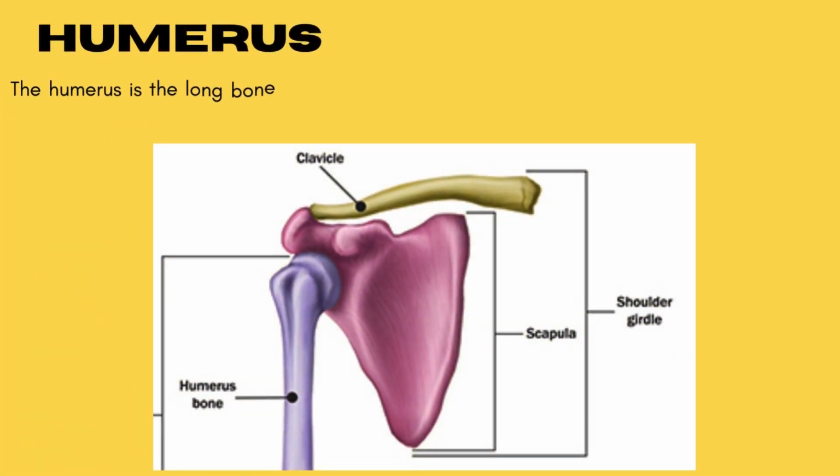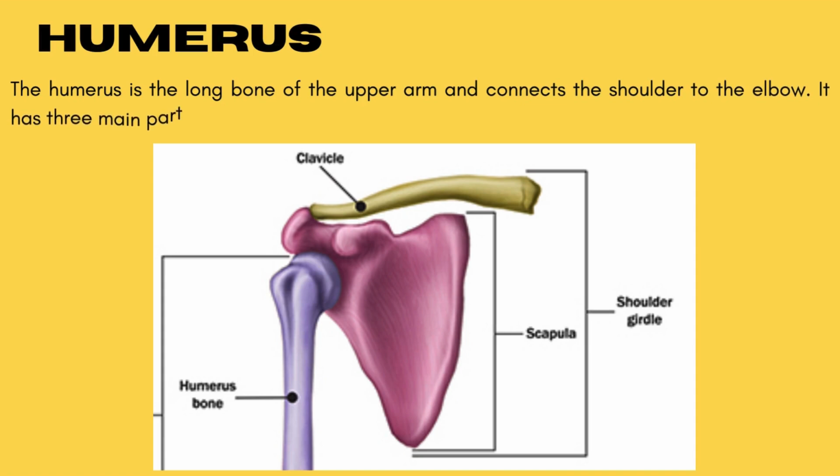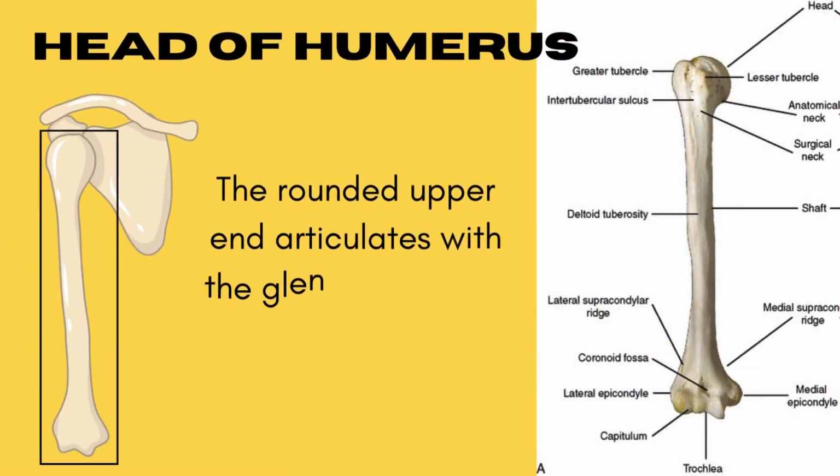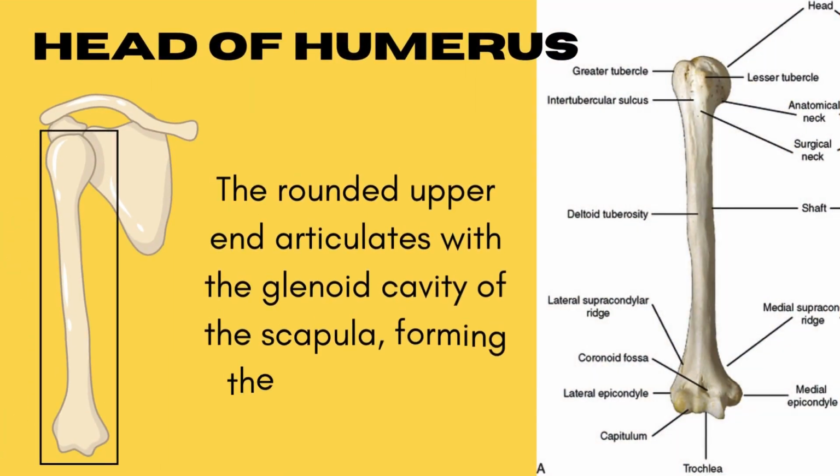Humerus. The humerus is the long bone of the upper arm and connects the shoulder to the elbow. It has three main parts. Head of humerus. The rounded upper end articulates with the glenoid cavity of the scapula, forming the glenohumeral